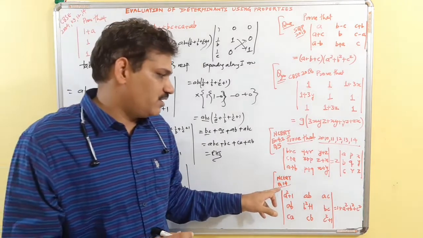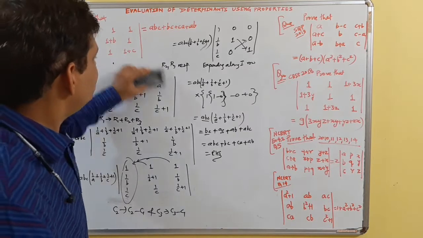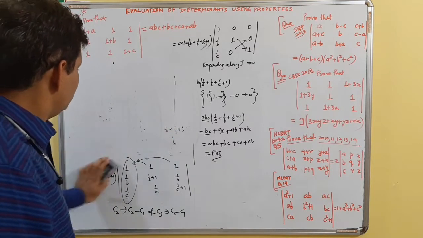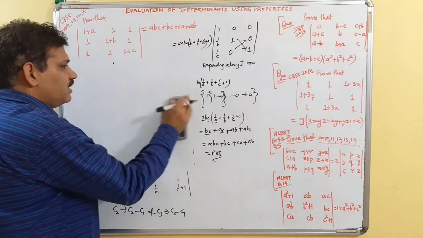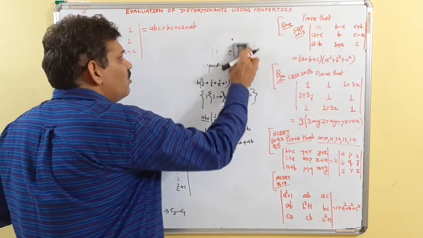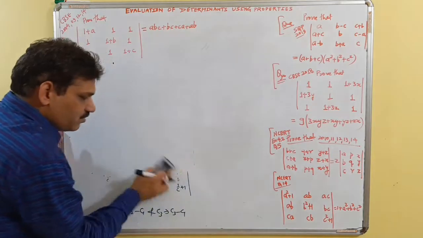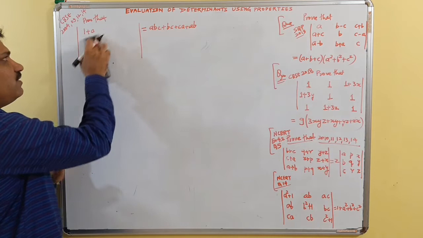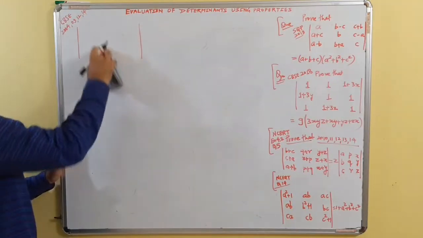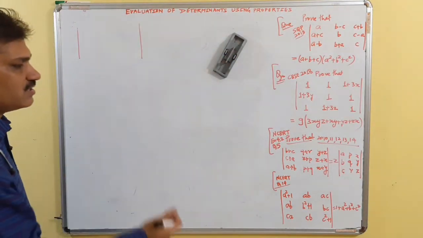This is question 14 in our textbook, A square plus 1. This is the same kind of question. What we have to do is, in this question we have to not only take common. After taking common, what we will find is we are still not able to get something common. So what we do is, if we have taken common from the rows, then we will multiply A, B, C in the respective columns. If you have taken common from rows, multiply it in columns. See how it works. Question number 14 of NCERT exercise 4.2.